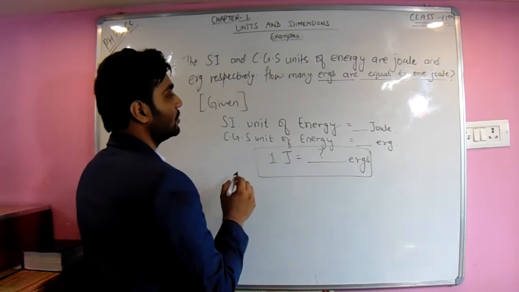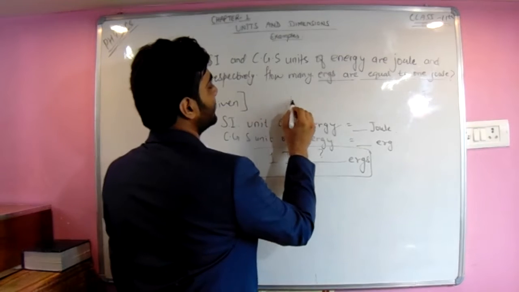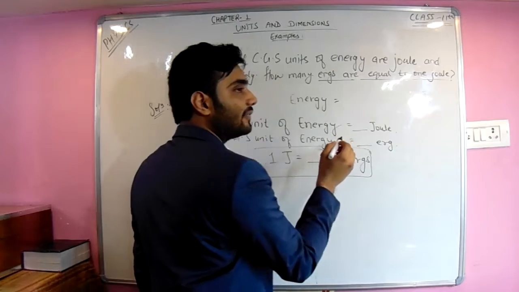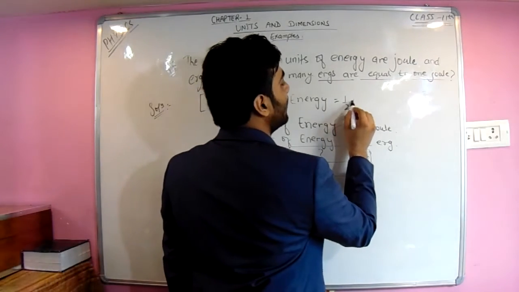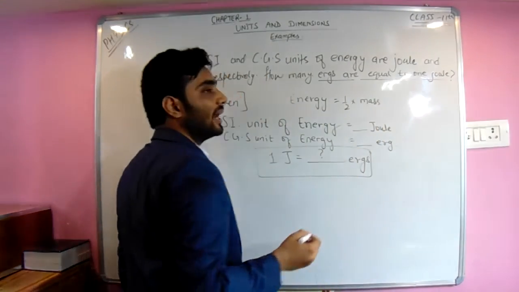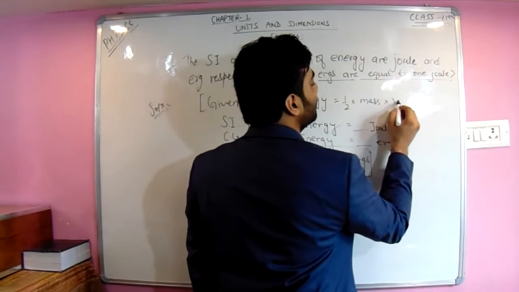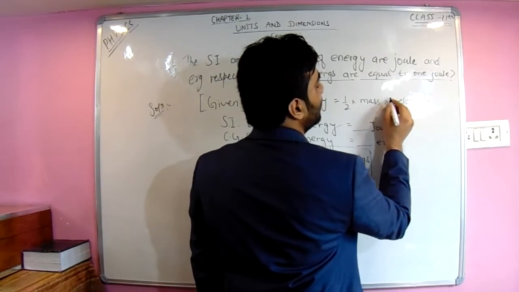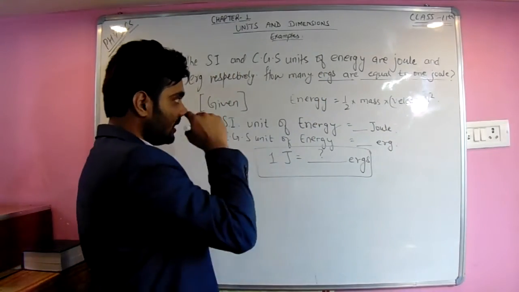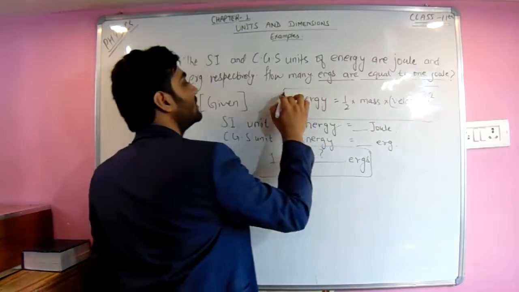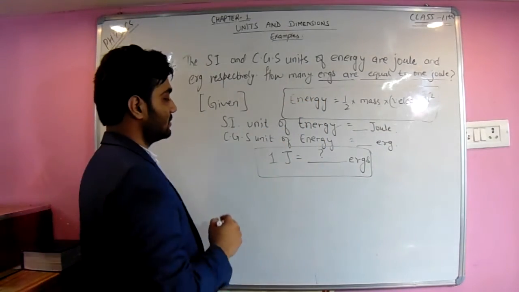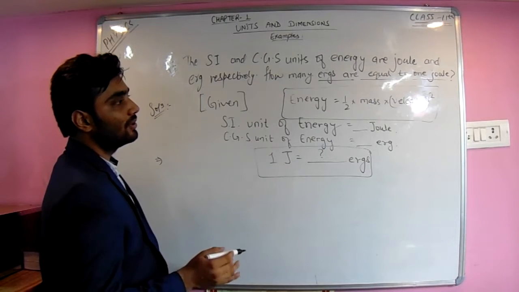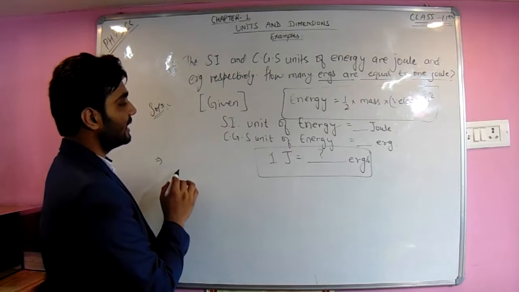So we have to use the energy formula. Energy has the formula half into mass into velocity squared. Here is the energy formula, that is kinetic energy also. So we solve by this formula. 1 by 2 has no dimension. So by using the dimensional formula,